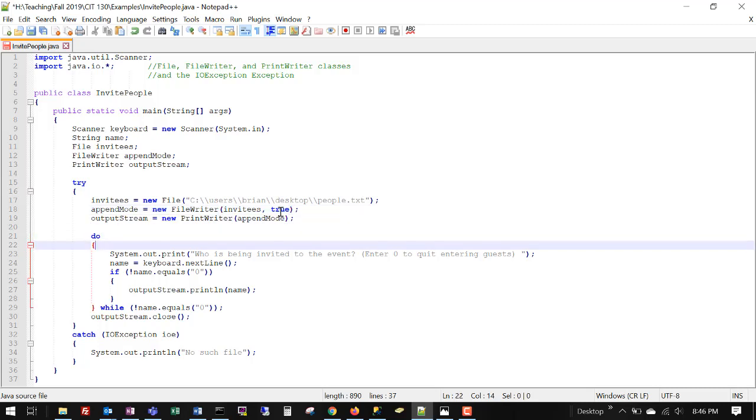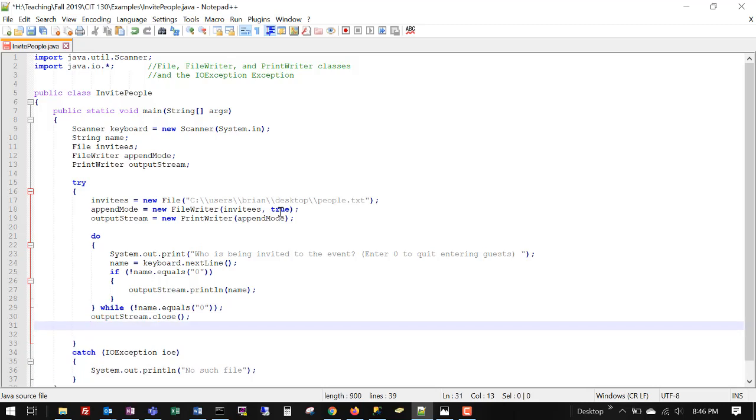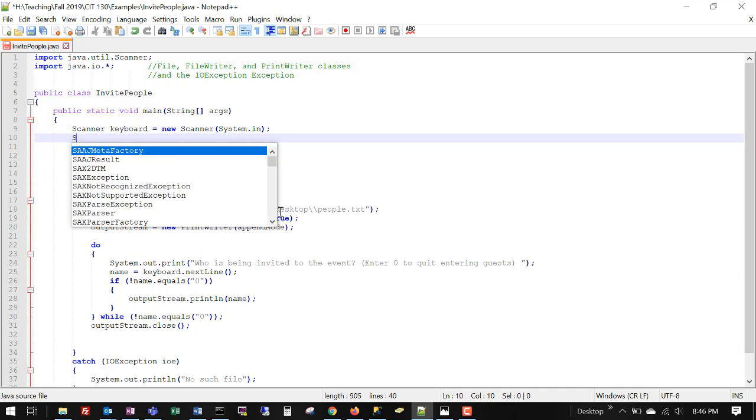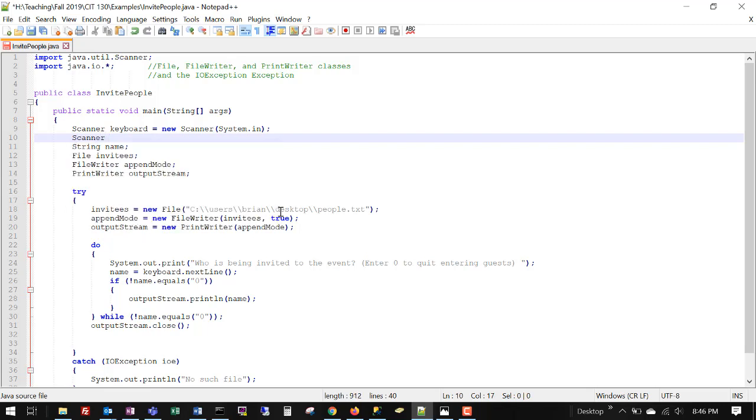And we're going to do, in addition to that, which is going to show, remember I had those sets of people in there, they're going to stay in there because I'm going to go into append mode now. But let's add another operation in here. Let's read back from the file right here inside of our program. I'm going to add a new object. This object is going to be a scanner,